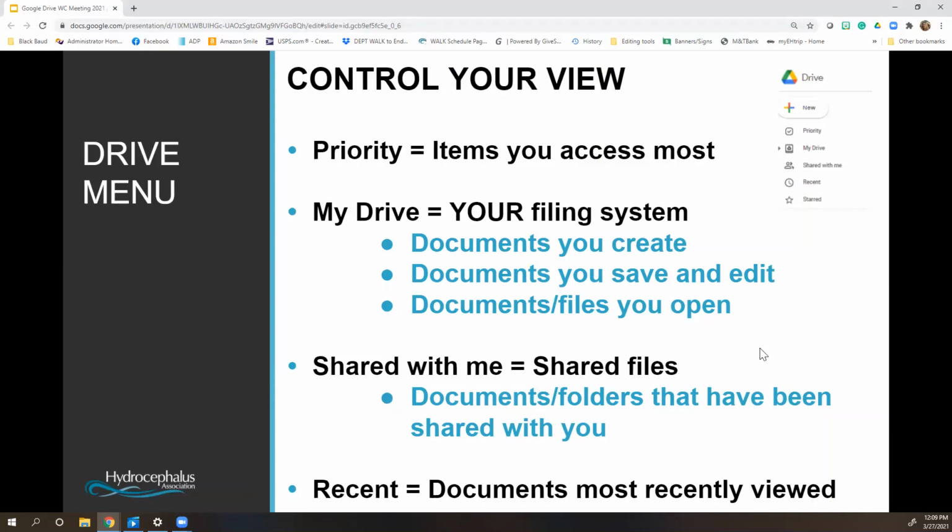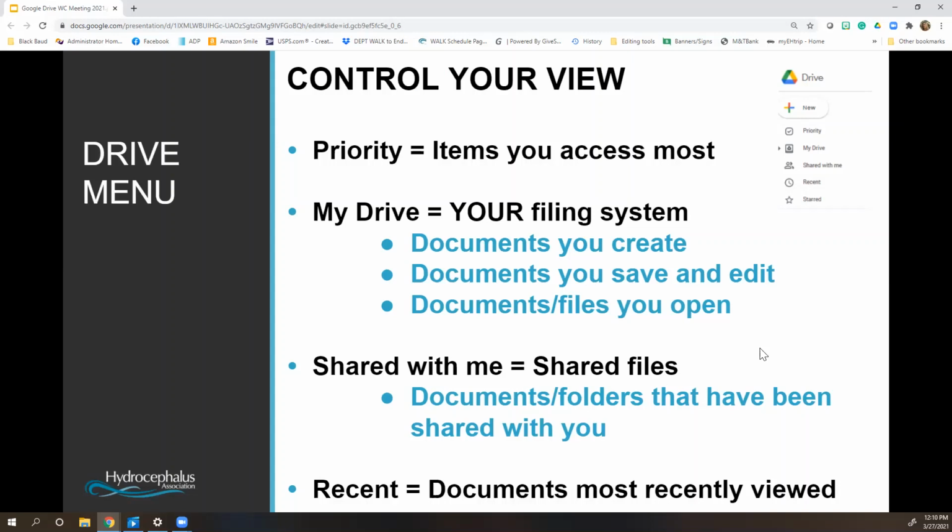Then, of course, you've got your Drive, which is where I absolutely encourage you to create your own folder system, however it works for you and the team that's working with you that might also be accessing those files. Then you've got Shared With Me, and those are files, photos, anything that's been shared with you through email and you've opened up